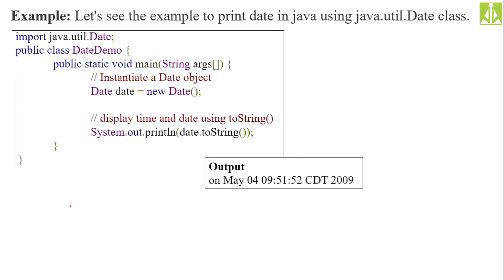So simply what we are doing, we are creating the date class object, and we are displaying that date to the output screen, and whatever date we are getting, it will be in the form of a date class object. That date class object we can't print directly on the output screen, because the output screen is capable of printing only the string. So there is a need to convert the date class object into string.